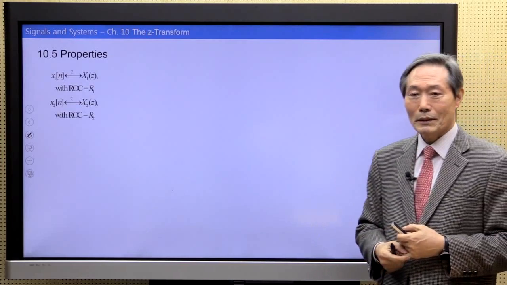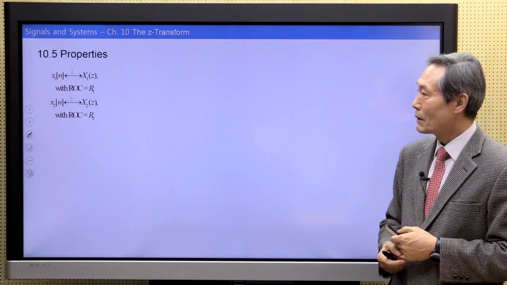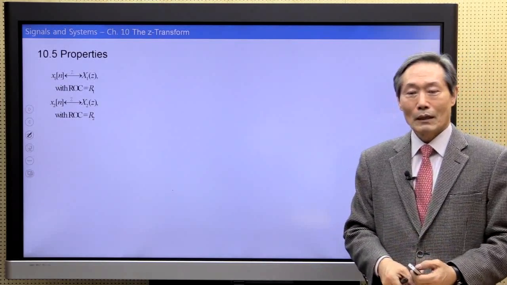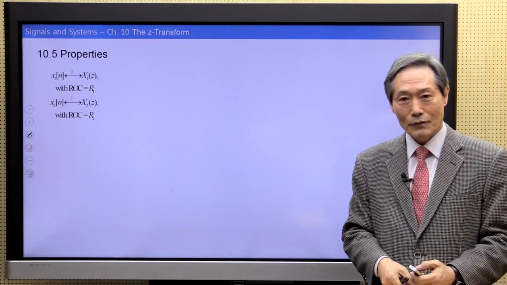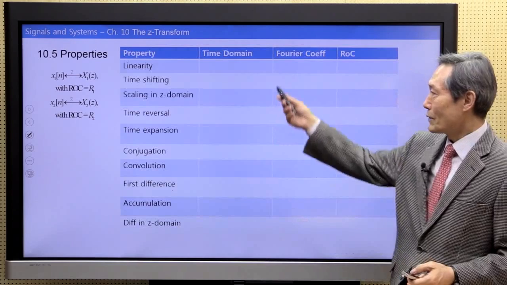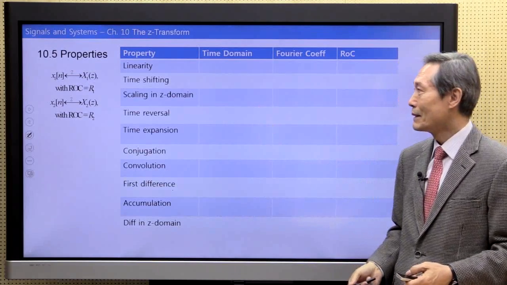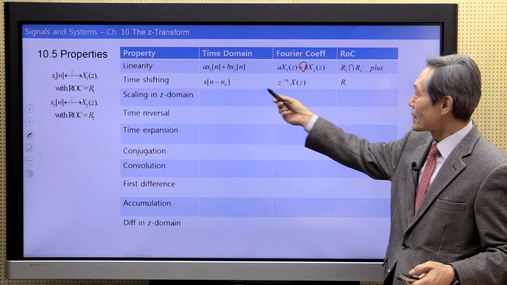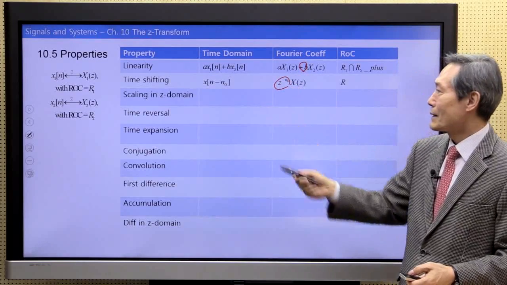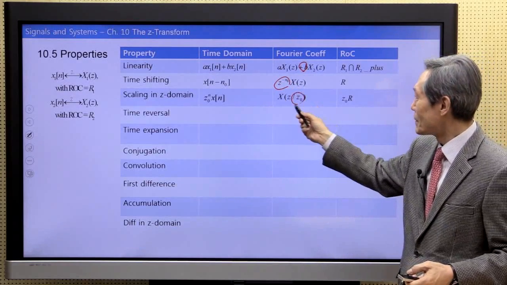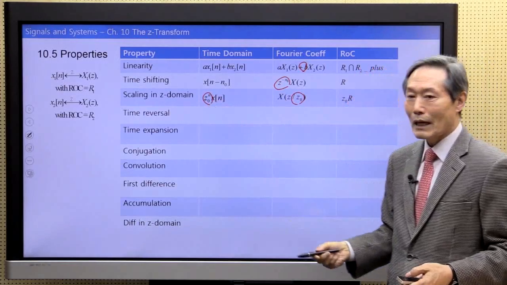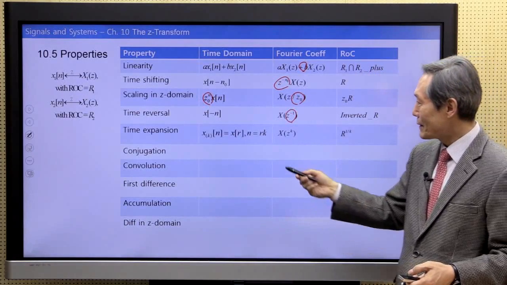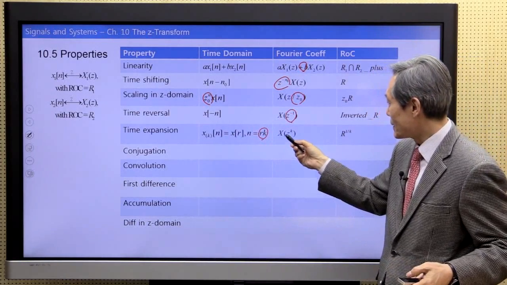Okay, the properties of the G-transform. It is similar to the Laplace transform and also similar to the Fourier transform and Fourier series. We have properties on the left: linearity, time shifting, scaling in the G domain, time reversal, time expansion by k, G to the k's power,